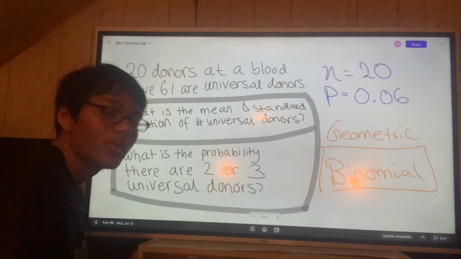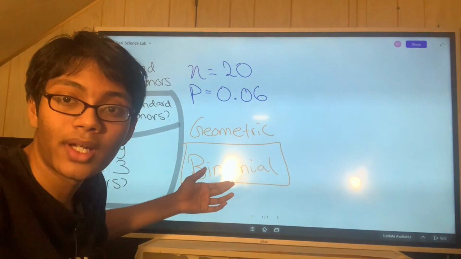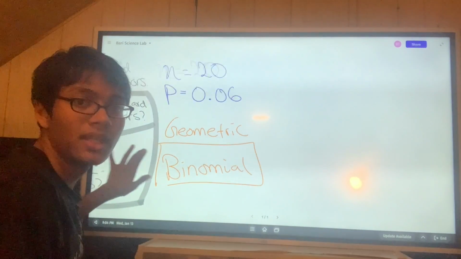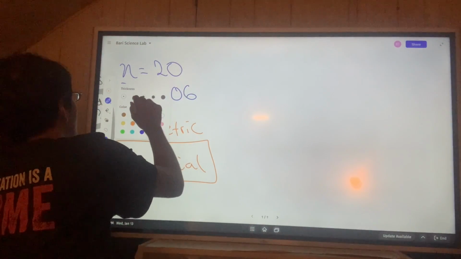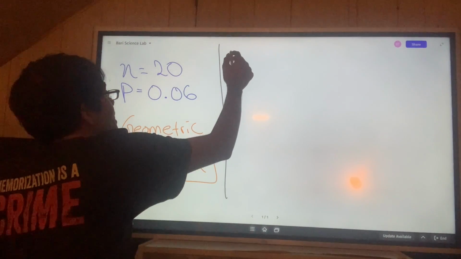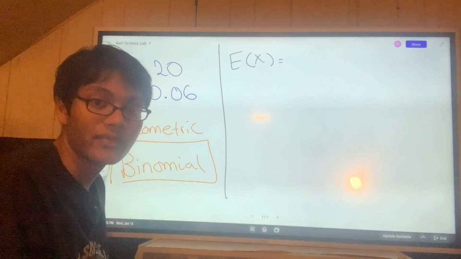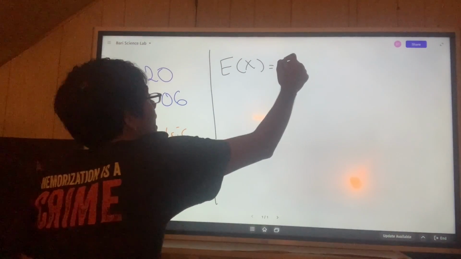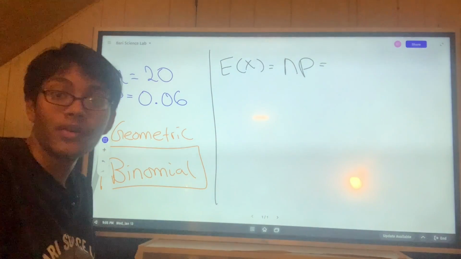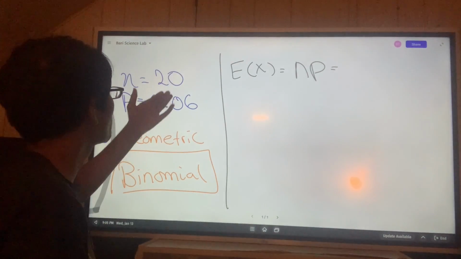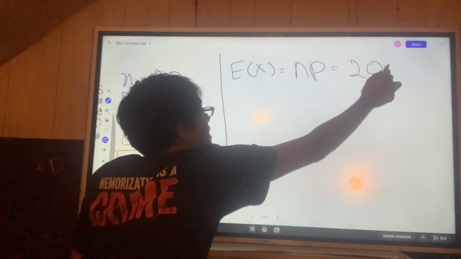Okay, now that we know what type of model to use, let's check out some of the formulas that we have to use for the binomial model. The binomial model tells us that the mean, or the expected value of a random variable, can be given by n times p, where n is the number of trials, p is the proportion of success. Now with that being said, what is my n? It's 20. What is my p? It's 0.06. And so my expected value should be 20 times